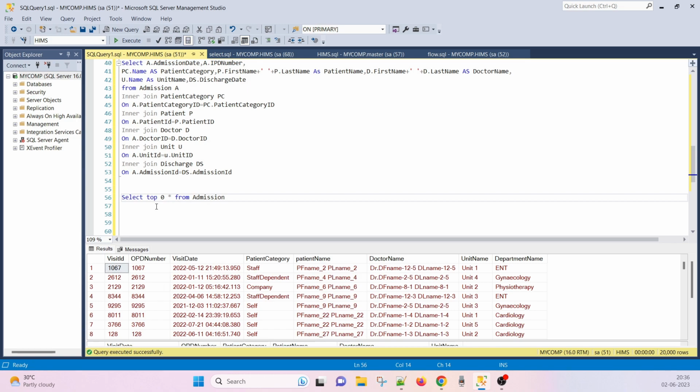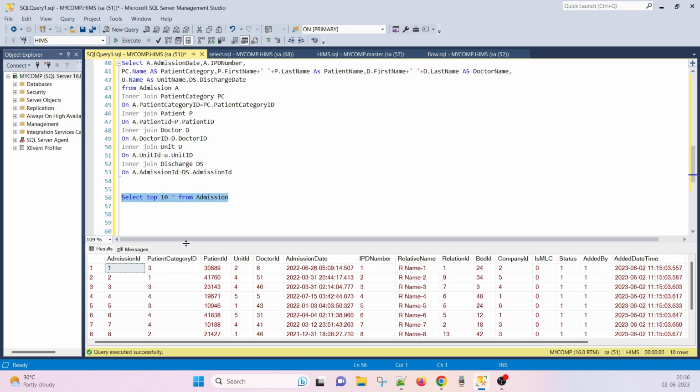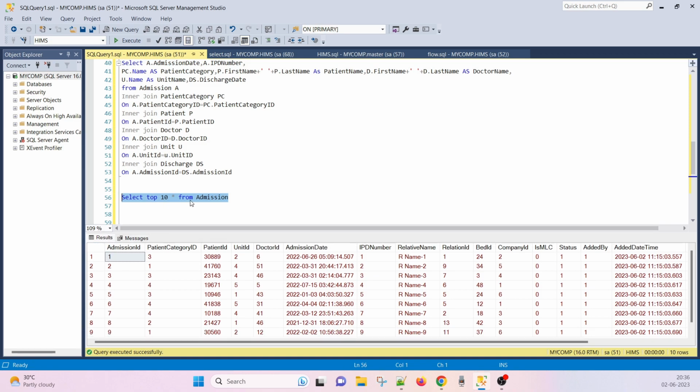There are n number of records, but you will get the top 10 records on the basis of the clustered index. Suppose that particular admission table has an index set on the basis of patient id,